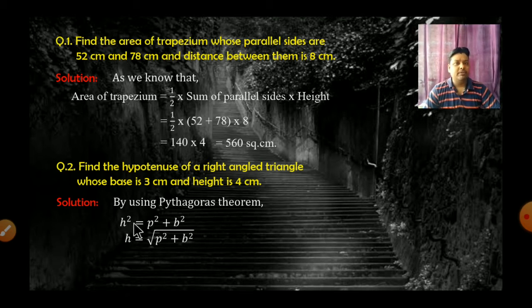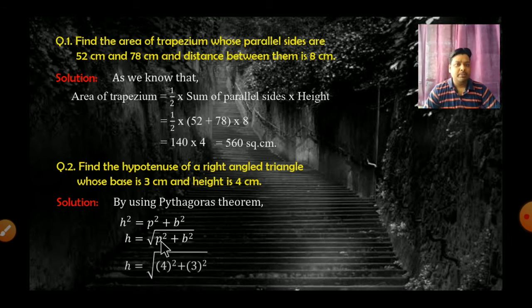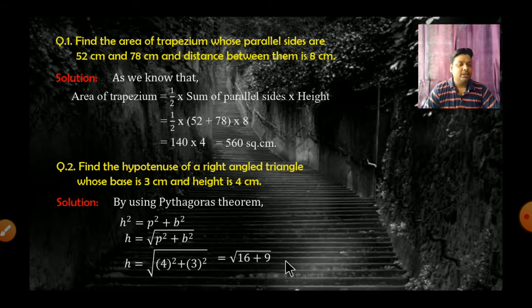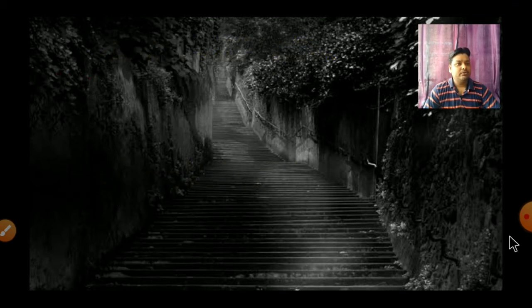Now we will put the value of base and height. It means perpendicular and base both. So you can see perpendicular is what? 4 centimeter, and base is what? 3 centimeter. So 4 square 16, 3 square 9. So we can say that under root 16 plus 9 is equal to under root 25, and under root 25 is equal to 5 centimeter. In the square and square root chapter, I have already discussed that root of 25 is equal to 5 centimeter. Okay, students. So I hope that you all have understood. Okay. So let's solve another question here.